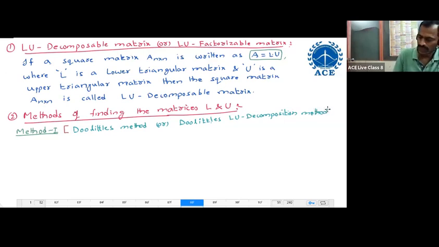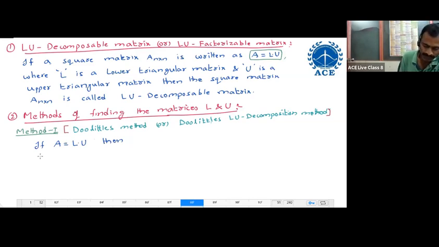So the name of the first method is Doolittle's method, in which if A equals L into U, then